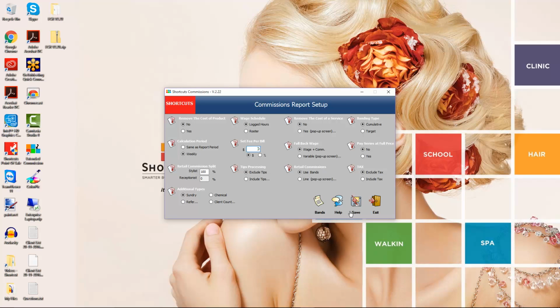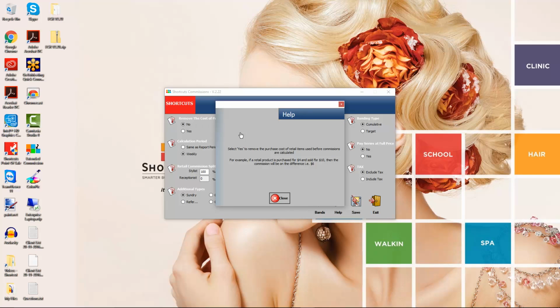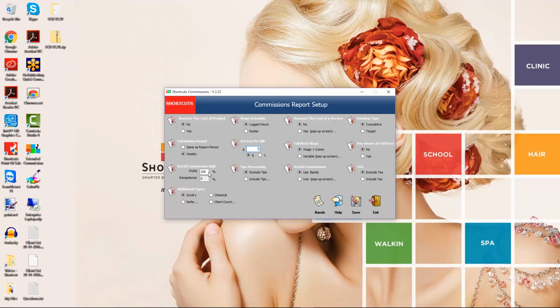Now I'll explain the options on the main screen. If you want to read the description for a particular setting, you can click on the question mark to view more information. Remove the cost of the product determines whether the cost price is included for retail commissions. If you select No, then employees will earn commissions on the full sale price of the product. If you select Yes, then the cost price will be excluded and employees will only earn commission on the markup